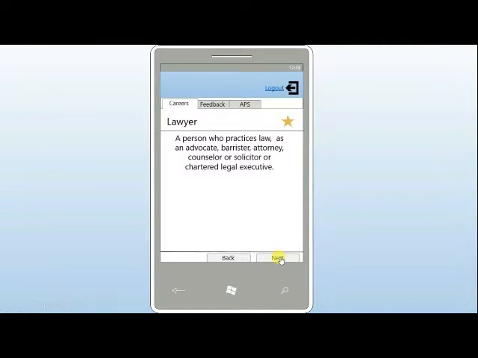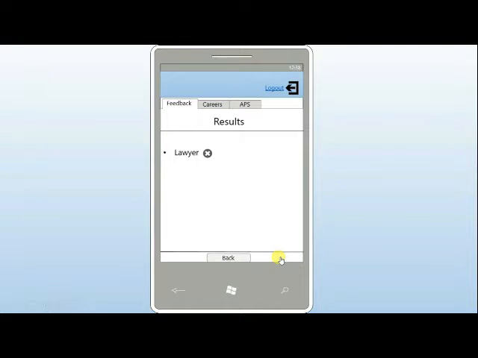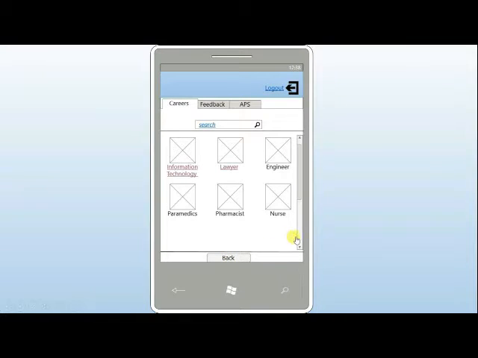So they click next, and in response it shows that they don't qualify by showing an X, unlike when they do qualify, which shows a tick or the correct notification icon. So they go back, and assuming they'd like to search a career which they don't see, they have an option of using this search